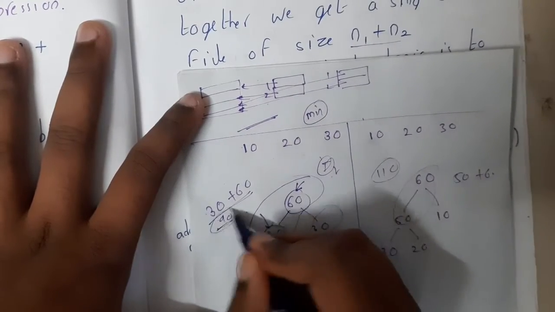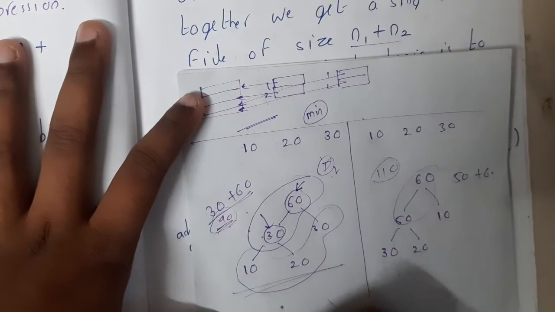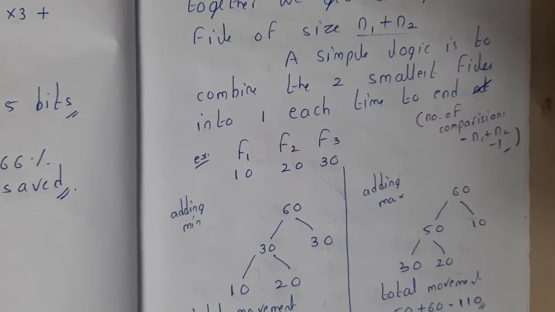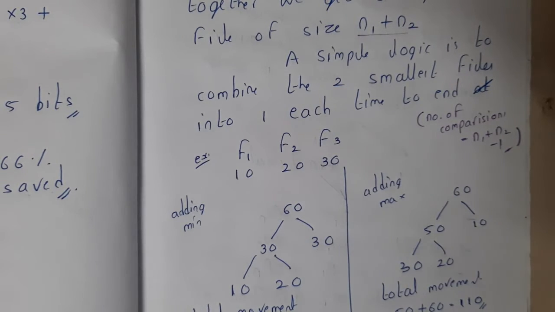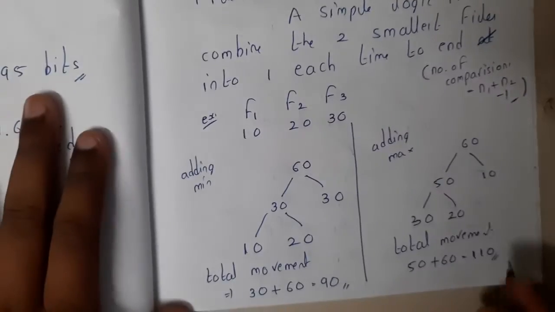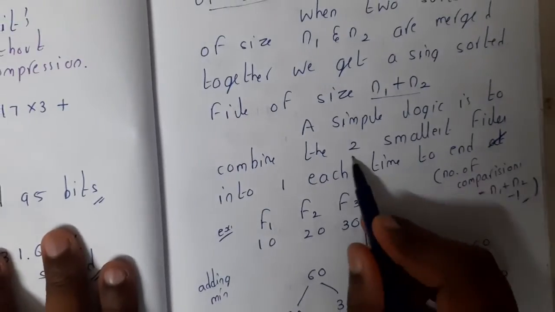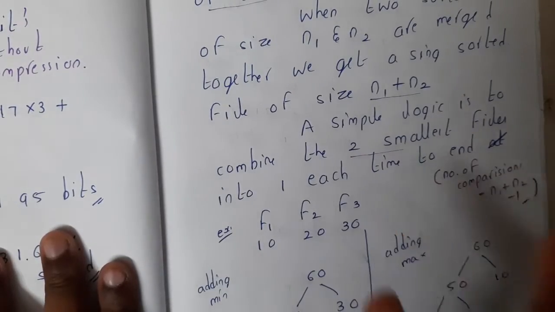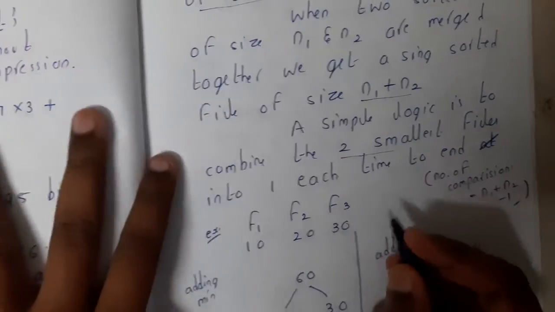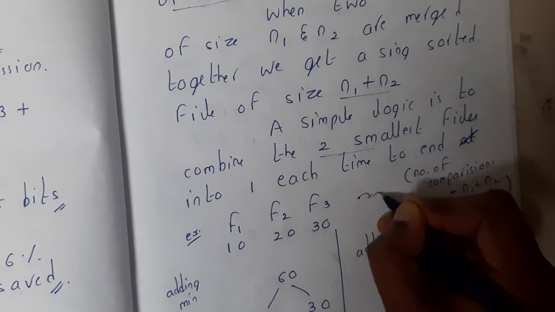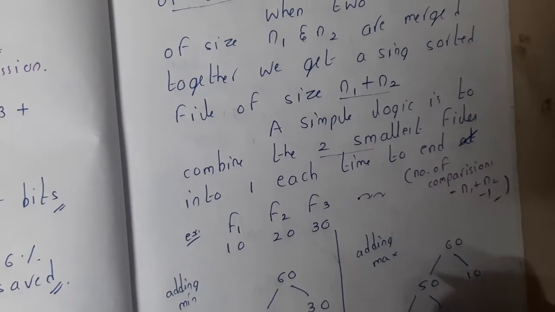So which is minimum? 90 is minimum. So which operation is minimum? From minimum to maximum is the logic here, right? I think this question has been asked twice or thrice, guys. It is very rarely seen in GATE, and if it is asked, feel that your paper is a bit lucky. So the total movements here is 90, and we will be following this method only. Select the two smallest, add them. Select the two smallest, add them. If they are asking how many shifts we need, this will be the result, guys, the total movements.